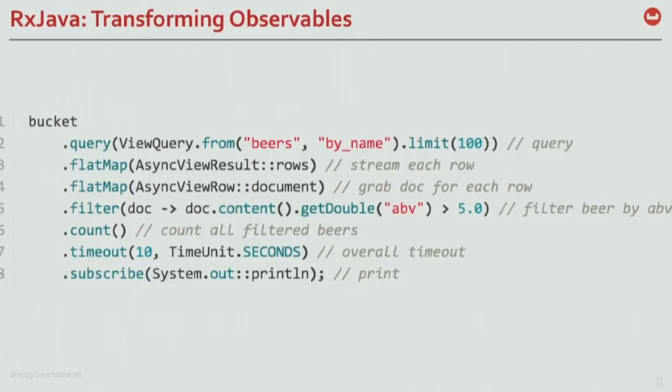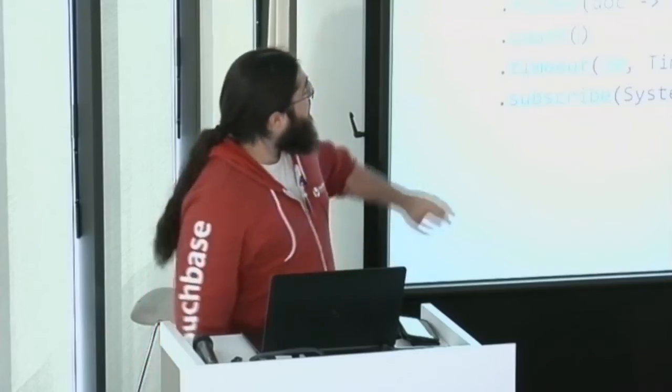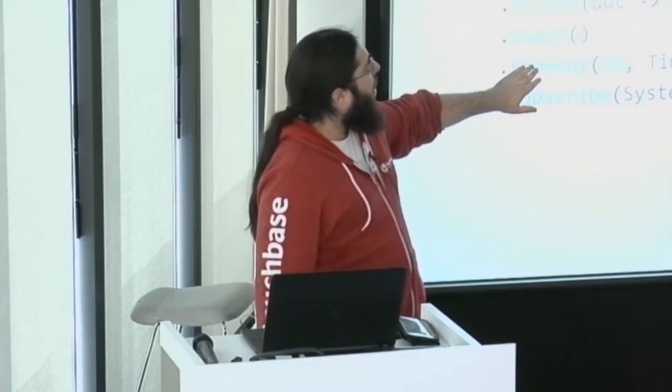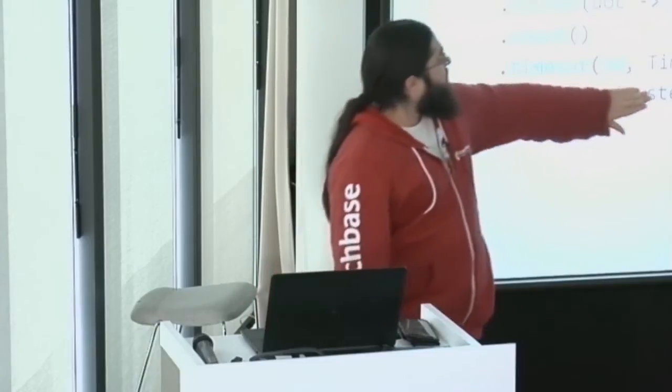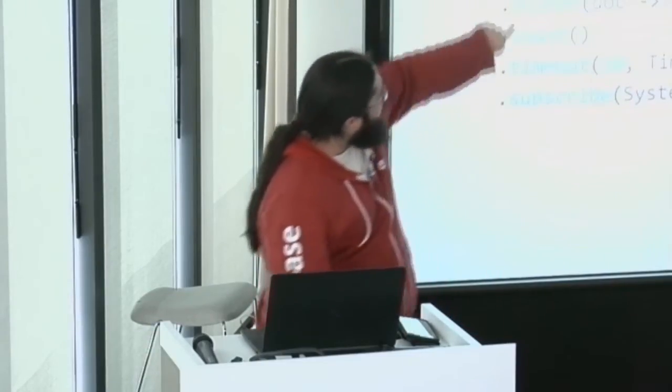And something that's even more interesting is this. You're defining a global timeout for the whole operation. Basically, you're saying if this takes more than 10 seconds, throw an error. And again, if you don't call subscribe, nothing happens. Now, try to think of this the synchronous way, and try to think how you would apply a global timeout to all of this. It should be more cumbersome, it should look weird, and you shouldn't feel happy about it, and this is much easier to do.